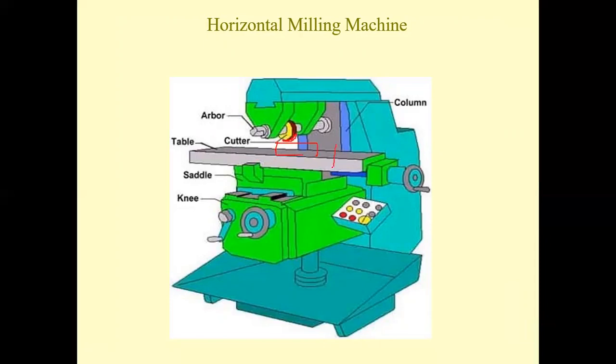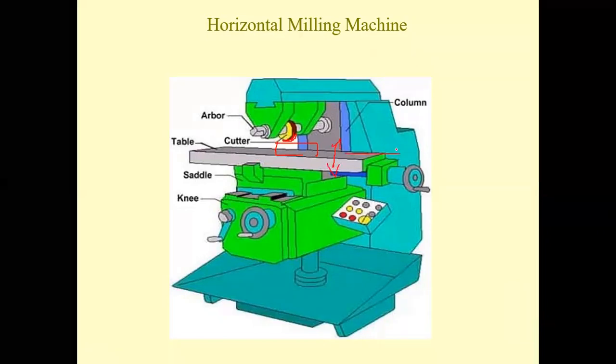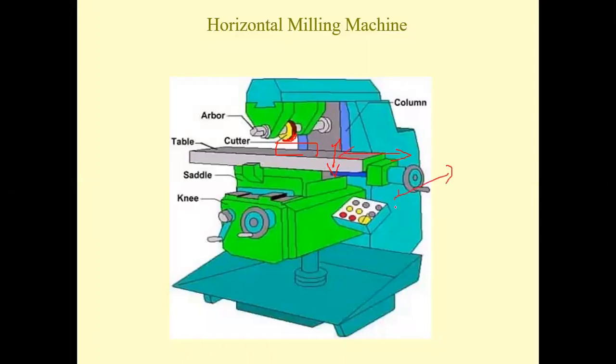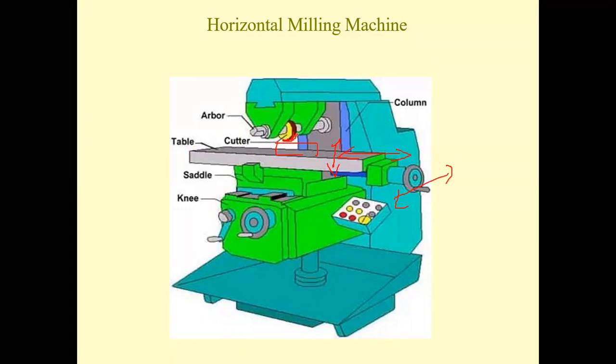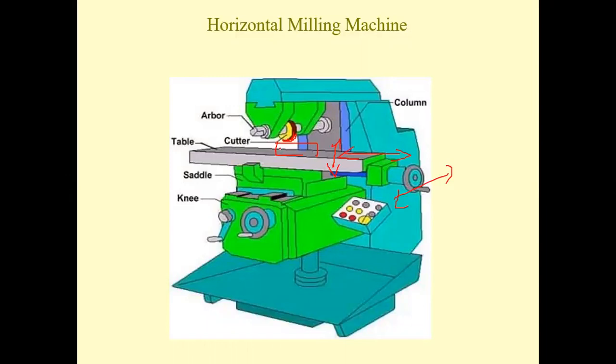This table can be vertically raised up as well as down. We can also move it in this direction, horizontally, and similarly in this direction also. So it is possible to move in all three directions, X, Y, Z. Wherever required, you keep the workpiece and raise it, and contact happens between the cutter and workpiece. The workpiece is stationary and the cutter is moving, so the cutter applies a force on the workpiece